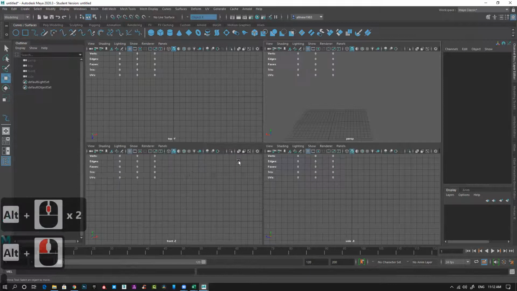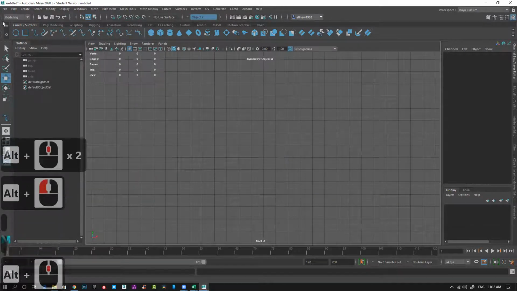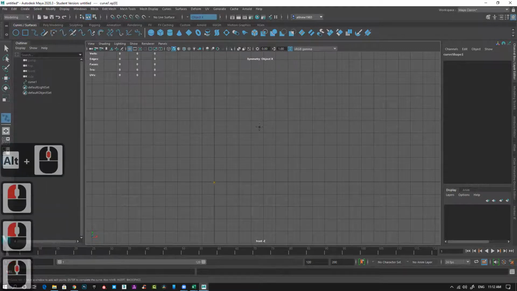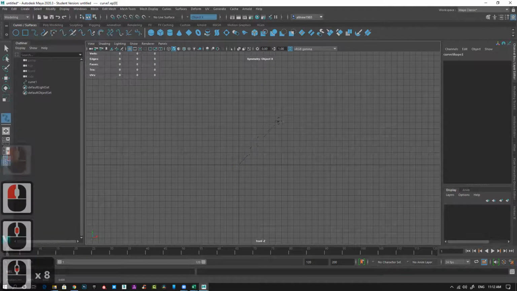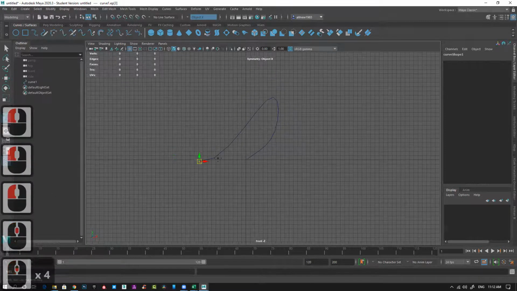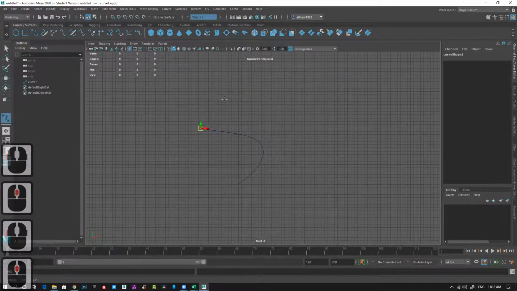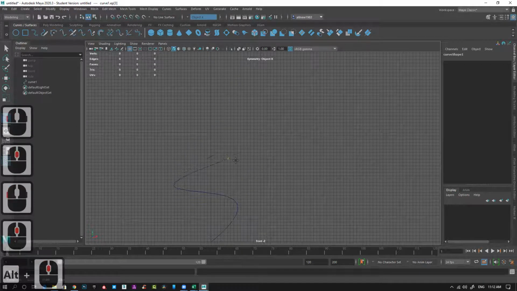So let's create something. I'll just see a few things. If you click the middle mouse button, you can rotate and move this thing. With Alt, you can modify it.